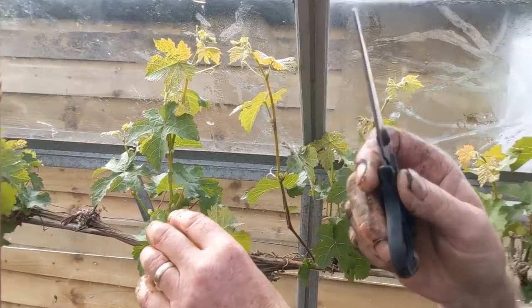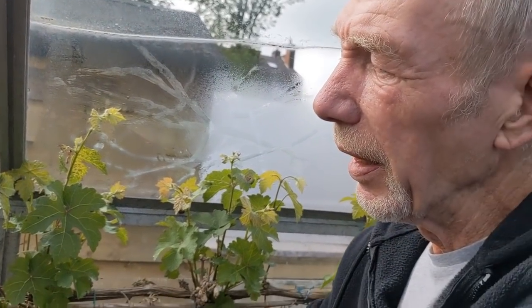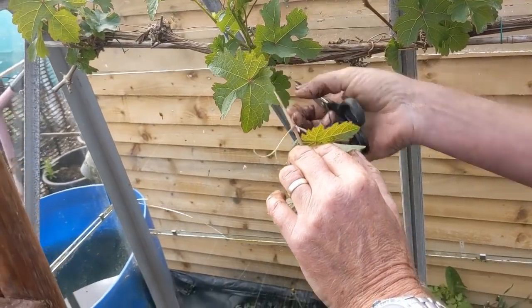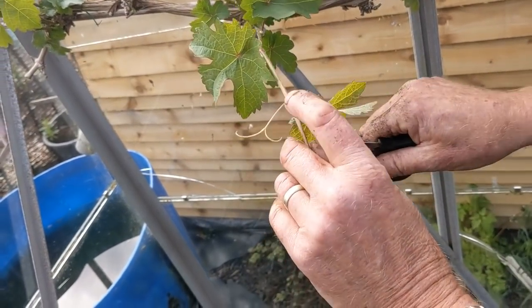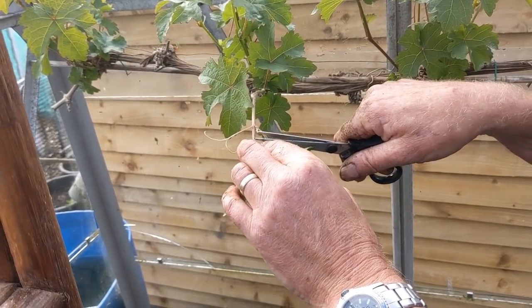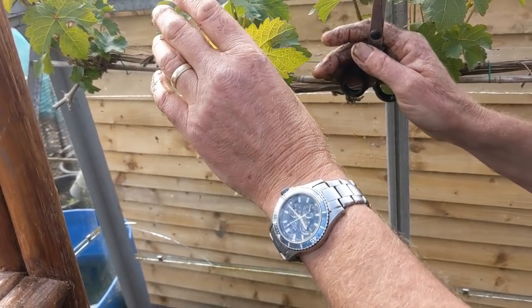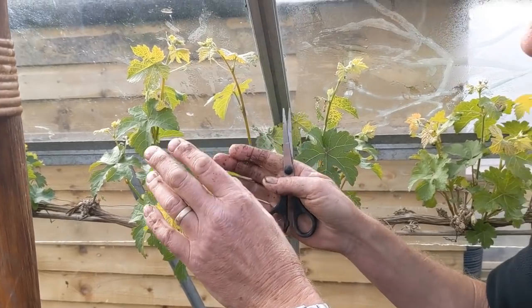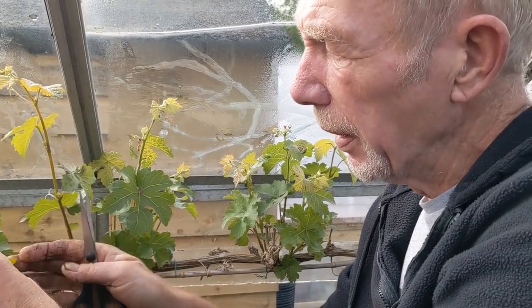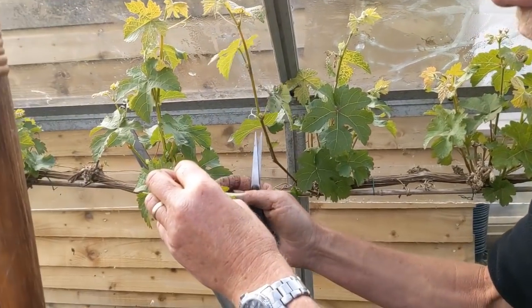So, as we saw on mine the other day, once you get a bunch of grapes, what you would do is cut off at the next joint and clear that off. So the next set of leaves just above, that's where you cut? Just above. So again, we've restricted this growth, and what the plant is bringing up can now go to